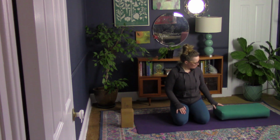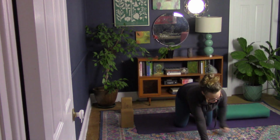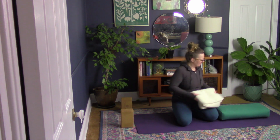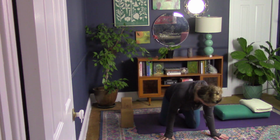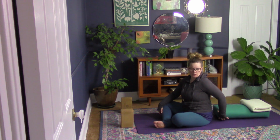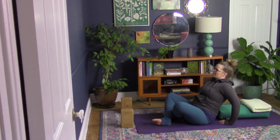I'm just going to have my bolster lengthwise on the mat, and I'm also going to have a blanket for underneath the back of my neck. So that's going to go at the top of my bolster. Whenever you come to lay down, you just want to give yourself some space between the back of your pelvis and the base of your bolster or blanket or towel. So when I lay down, I just want the